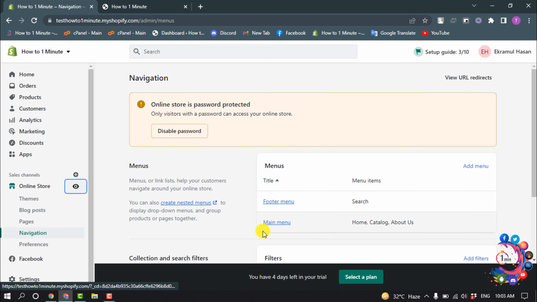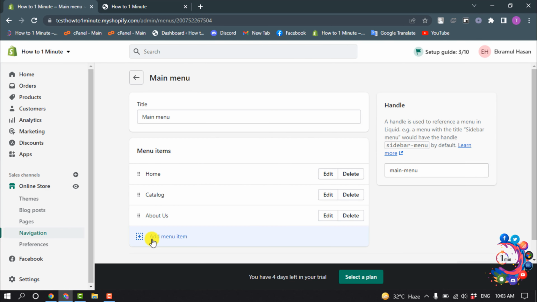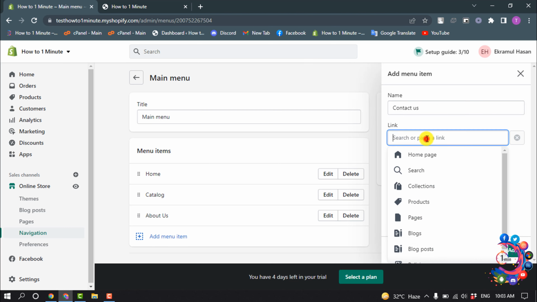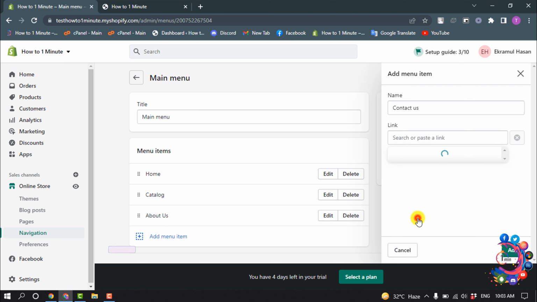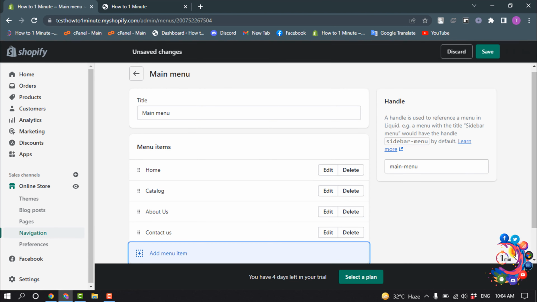So for that, I'm selecting here main menu and clicking on add menu item and giving the menu name here, and click on this link box and select pages, and I'm selecting that contact us page which one I just created and clicking on add. So here you can see the contact us page has been added here. Then clicking on save,